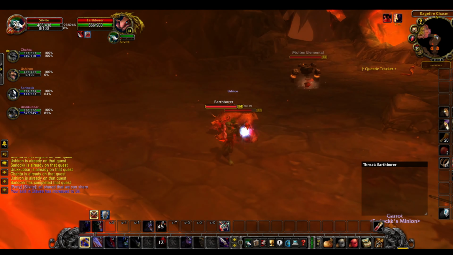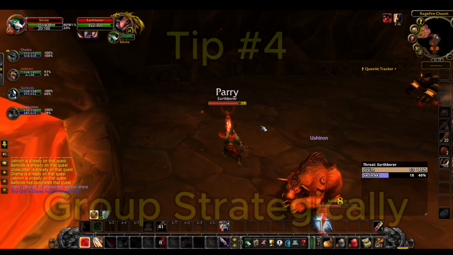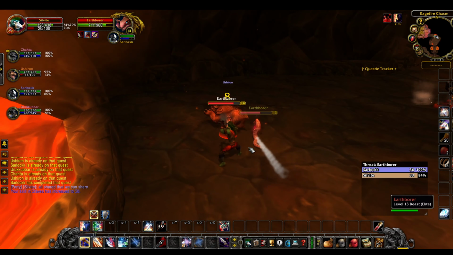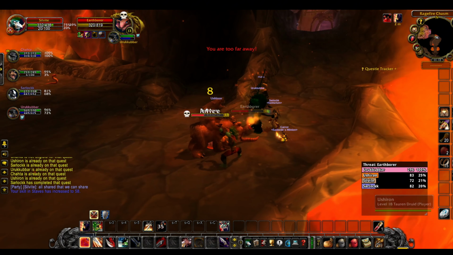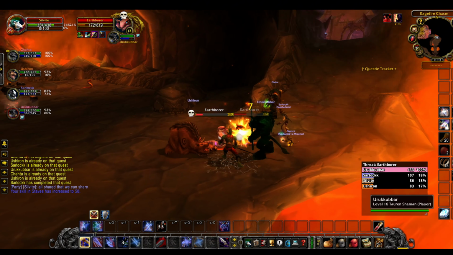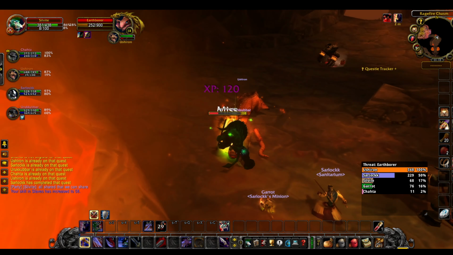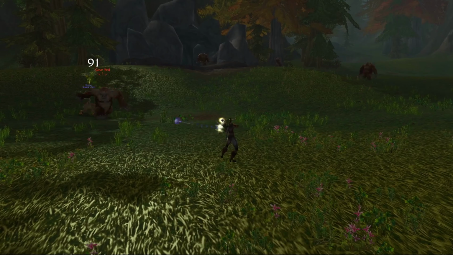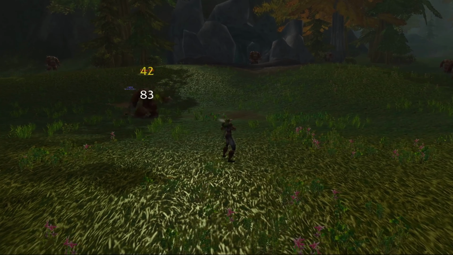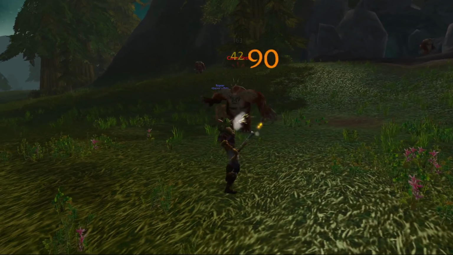Tip number 4. Group strategically, not randomly. Grouping can be a double-edged sword in Classic. While it can speed up quests involving elites or group kills, it's inefficient for general questing if not managed correctly. That's why you should group strategically. When tackling quests like killing Hogger in Elwyn Forest, or the Yetis in Hillsbrad Foothills, grab a group to cut down on kill time. However, once the quest is complete, politely leave the group and go back to solo play